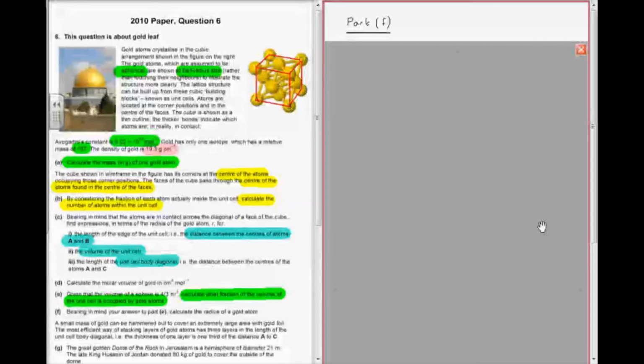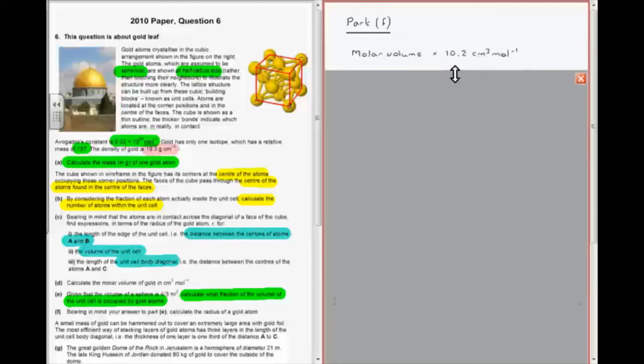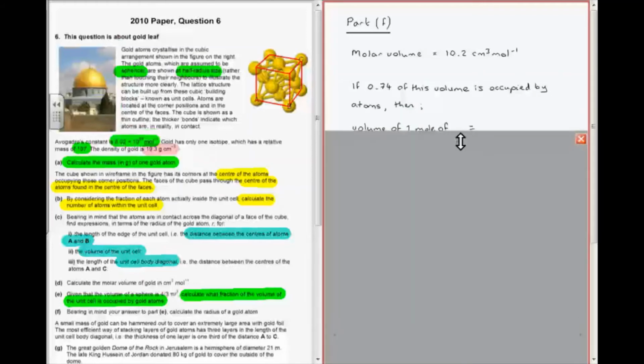Part F of the question then requires you to apply your answers to part D and part E to calculate the radius of a gold atom. In part D of the question, you calculated the molar volume of gold to be 10.2 centimeters cubed per mole. In part E then, you found that of this 10.2 centimeters cubed per mole, 0.74 of it was actually occupied